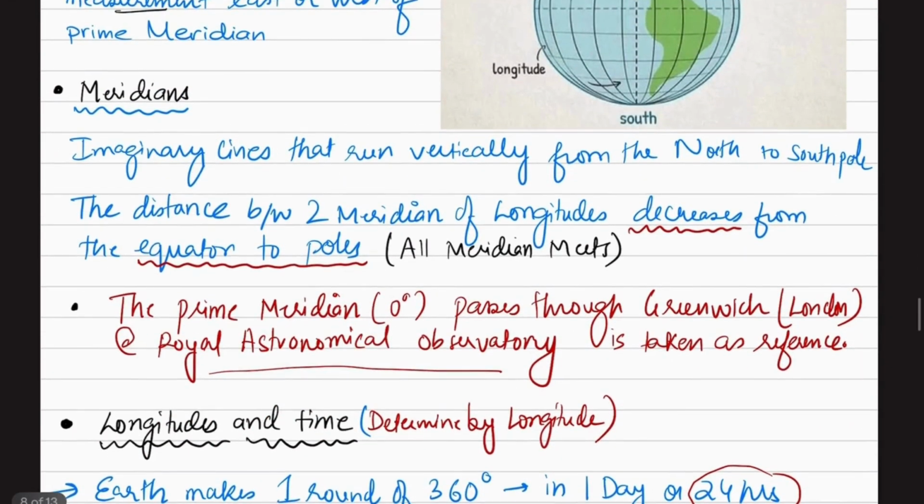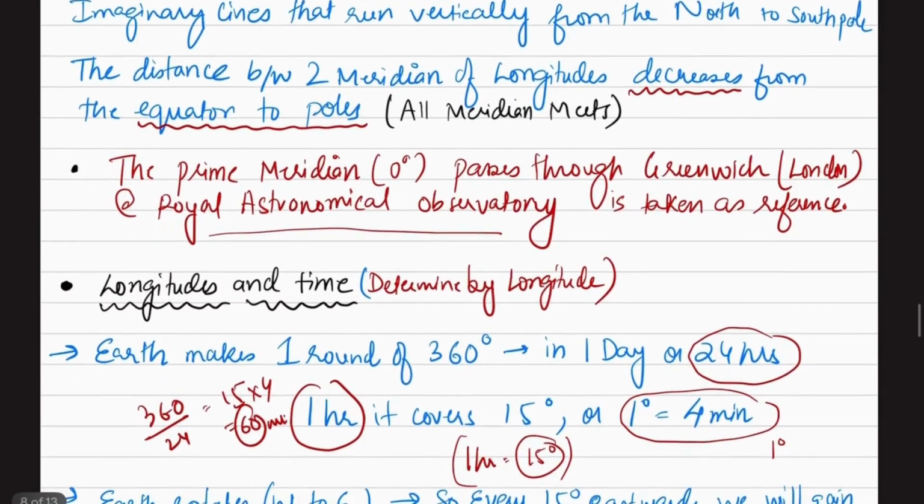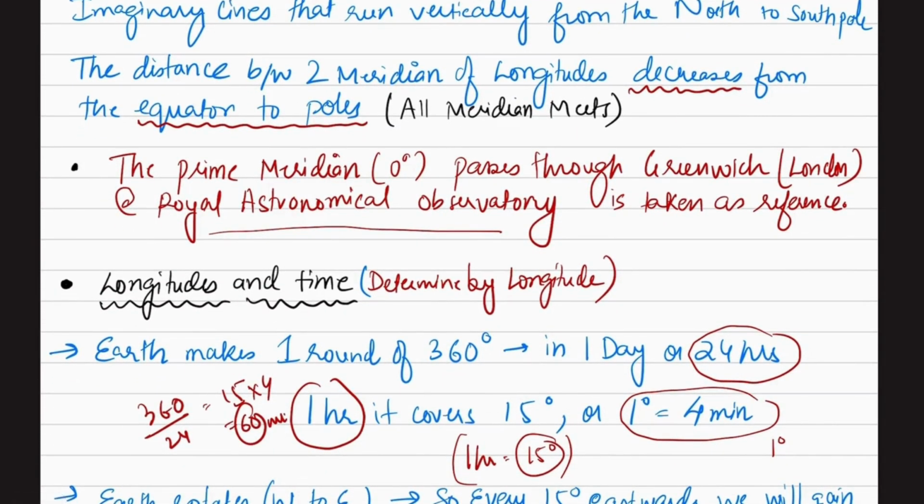तो हम लोग लॉन्गिट्यूड्स को मेरिडियंस भी बोलते हैं। मेरिडियंस है सेम एज द इमेजिनरी लाइन which runs vertically from the north to south pole. The distance between the two meridian longitudes decreases from the equator to pole, and as I have said, it meets at the pole. 0 हमने बता ही दिया कि it is called prime meridian because it passes through the Greenwich, London, at the Royal Astronomical Observatory, which is taken as a reference point. एंड ये प्राइम मेरिडियन ही हम लोग डिसाइड करते हैं टाइम।